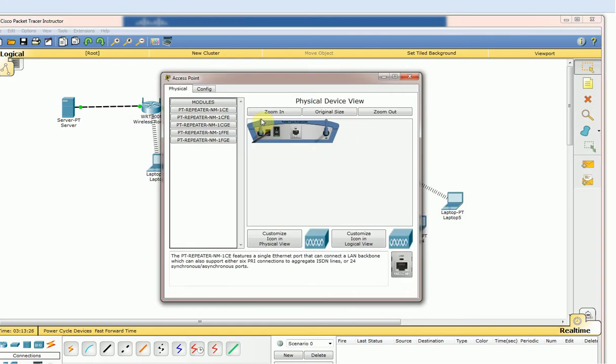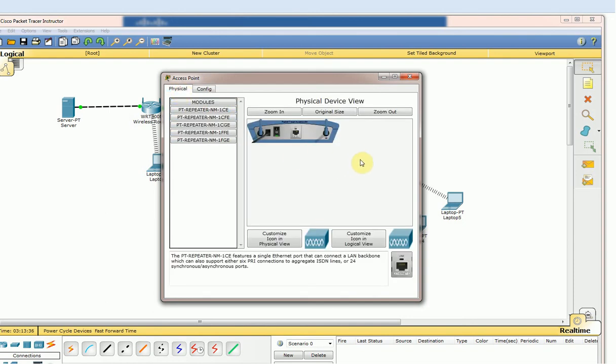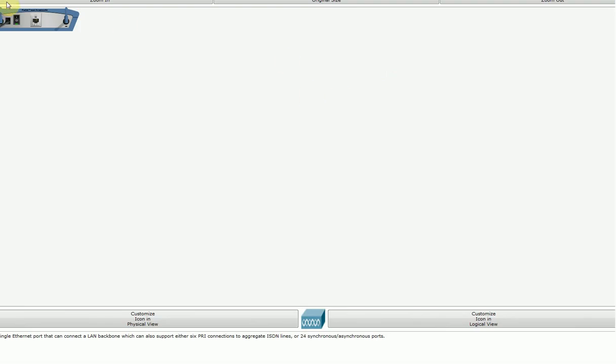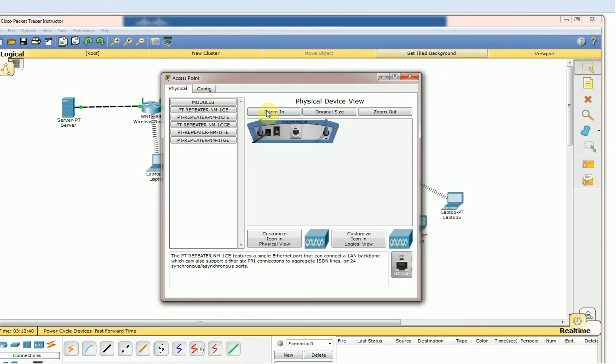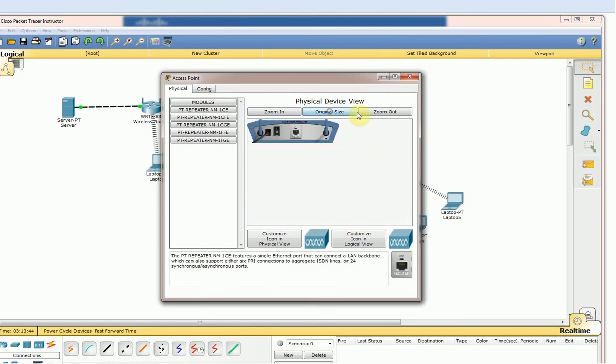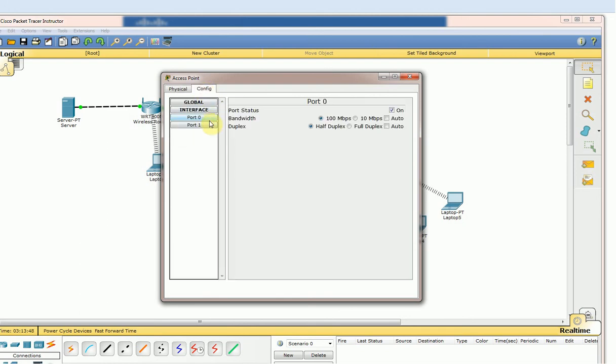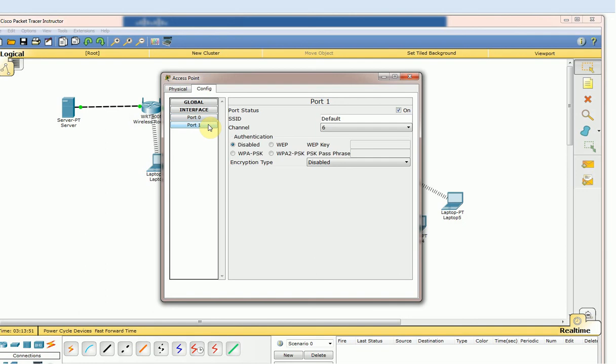So now I'm going to the access point and configuring this setting.